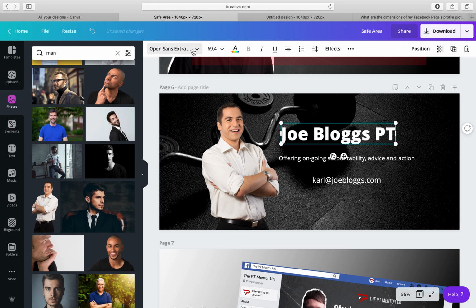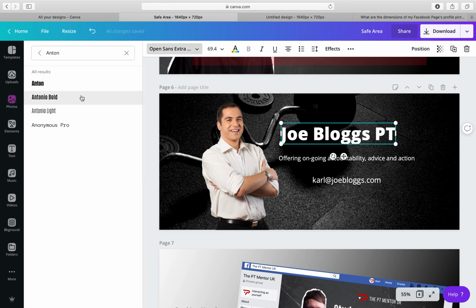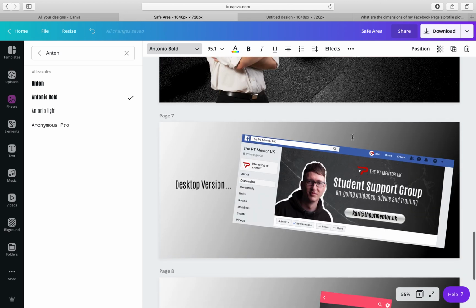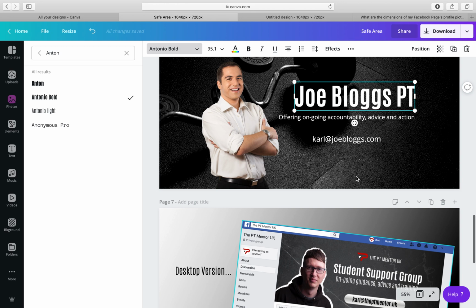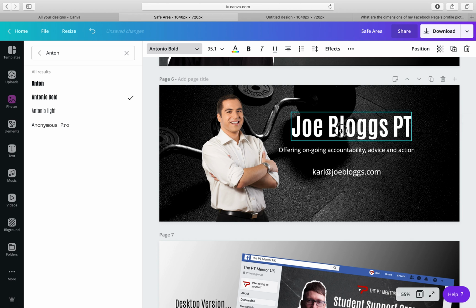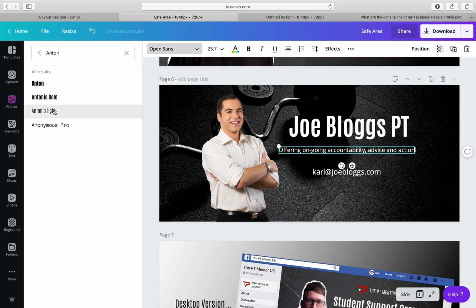Now you want to sort of, again, stick to your brand. So depending on your fonts, I'd always say try and use the same fonts for your logo and your wording. So let's go with this one. This is quite a nice one, Antonio Bold this is called. It can be in upper and lower. So obviously we want that Antonio light. So you just put Anton, because I was going for that one on a different post, so I remembered it